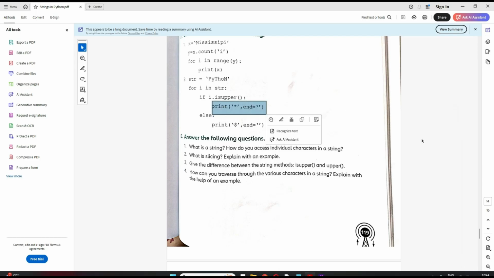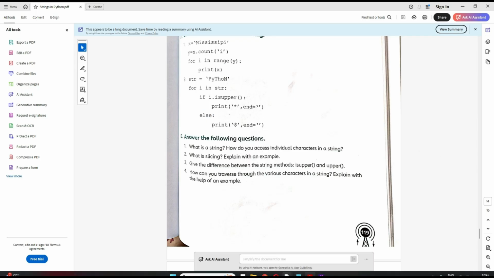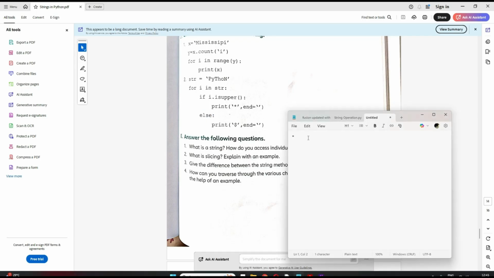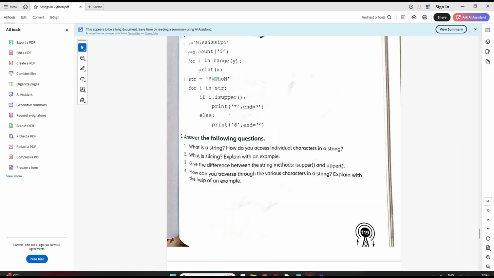Now second, again it will go, now I becomes small y, correct? So this condition will not be satisfied, it will come to the else part. Here we will print dollar. Now again it will go up, now this T will come, correct? Now this will satisfy because it is upper.